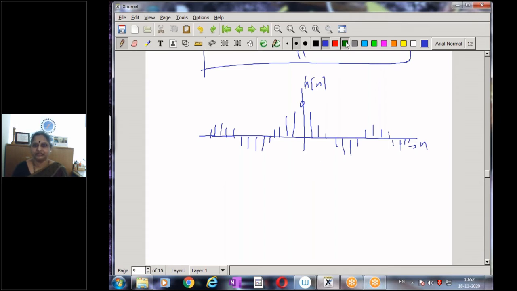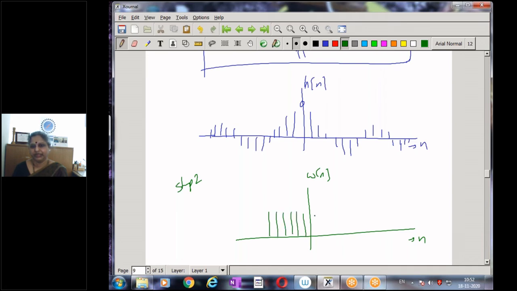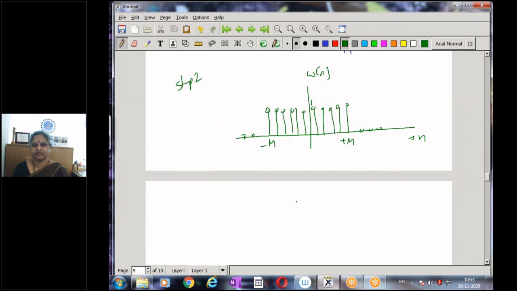Second step, having done the first step, we are going to multiply it by a window function that is going to be of length minus m to plus m, and all of strength 1. So when I multiply this, I'm going to get a finite duration impulse response. So then, when I take the product h of n into w of n, I'm now going to get my